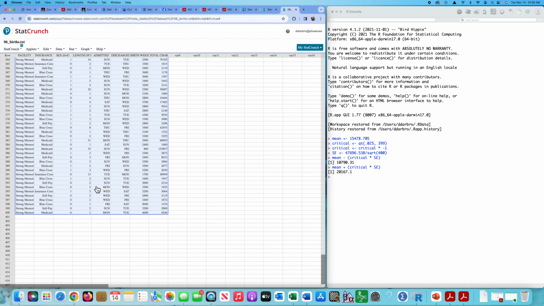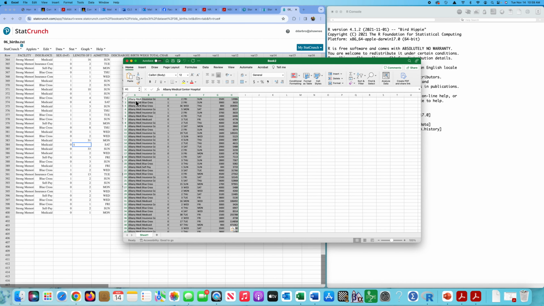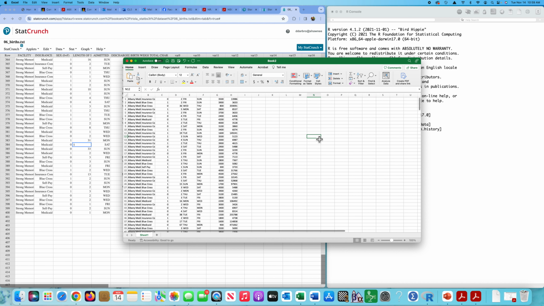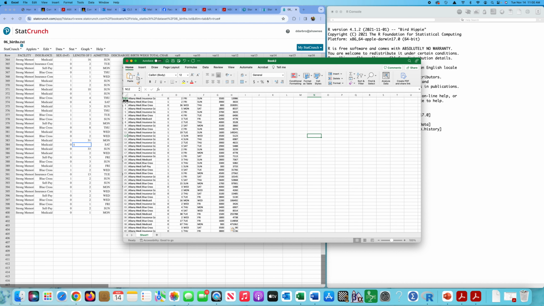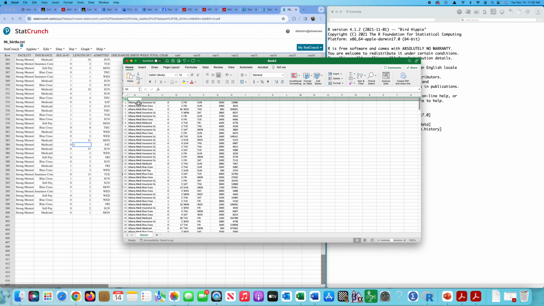All right, so let's go Control C to copy. Let's open up an Excel and paste that. Now, probably need to enter the variables here, unfortunately. So let's insert a row. So right here we would have facility, insurance, sex. I'm just going to put stay,